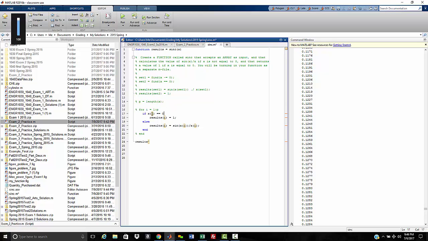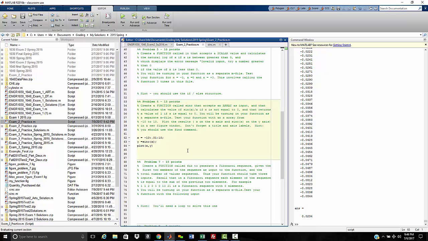So now you're just doing if x... okay, so here we're saying if x is equal to 0, results is 1. And this is the way most of the students interpret the if statement in MATLAB. This should produce something, but it's not accurate,